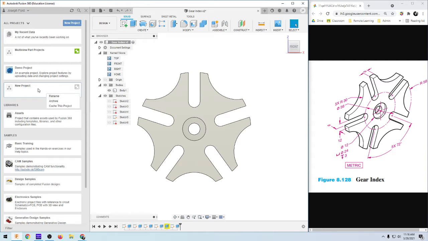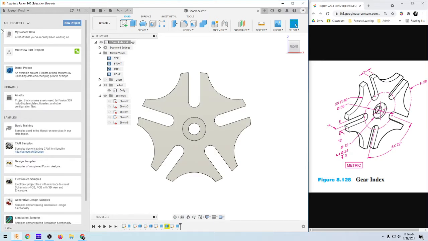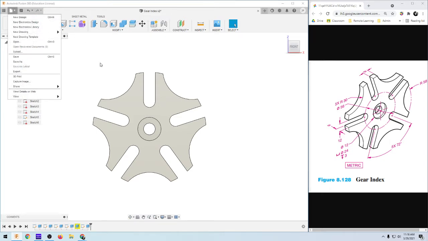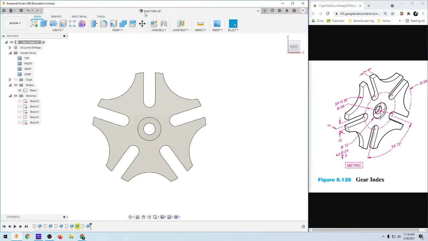So if you don't want this anymore, you can just archive it, and then it's not pinned to the start. And that's this little Rubik's Cube looking thing over there. All right, so it's basically set up in tabs. So this is kind of like your workspace right now, and it's this one part that I named Gear Index, and you can do that just by creating that new design file and then going from there and then saving to Gear Index. So the nice thing about this is it's all embedded in this, all the different